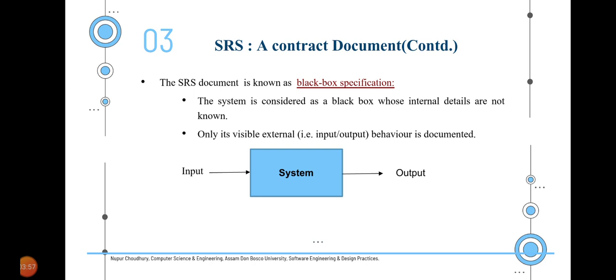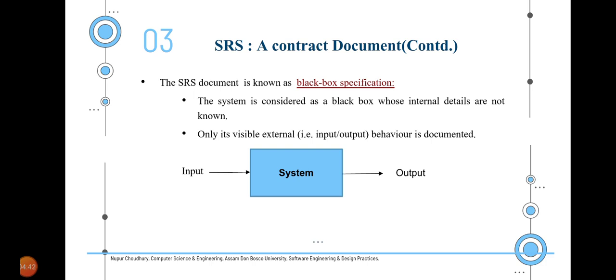Basically, when we look at an SRS document, it looks like a black box specification. Now, when we are talking about a black box specification, essentially it means that we do not get a view of the system from inside. We shall get a view or understanding of the system only from the outside. That means how the system should look is represented in the black box view. But what are the functionalities which are driving that particular product or software is not represented in this black box specification view.